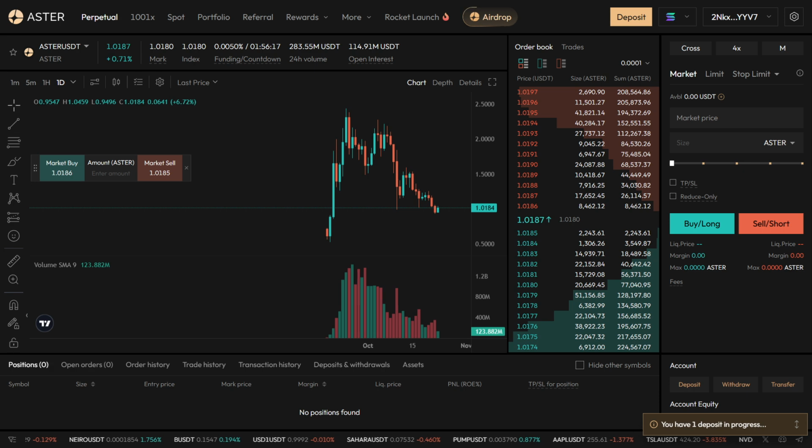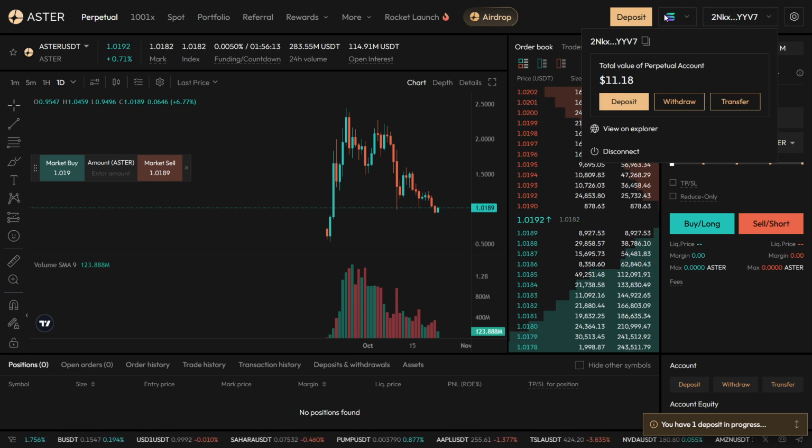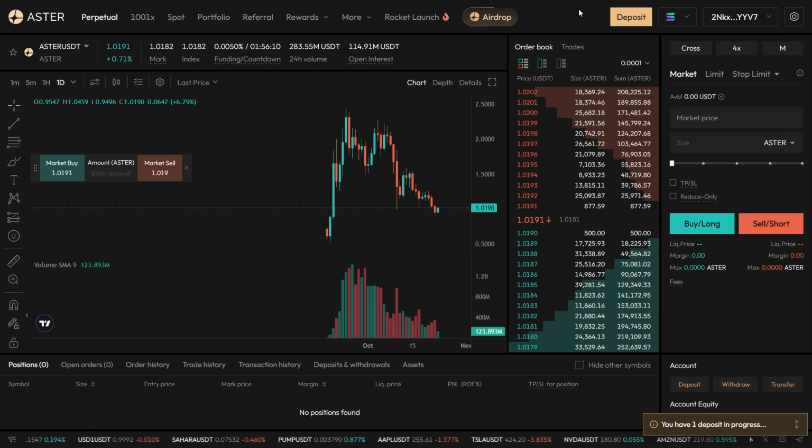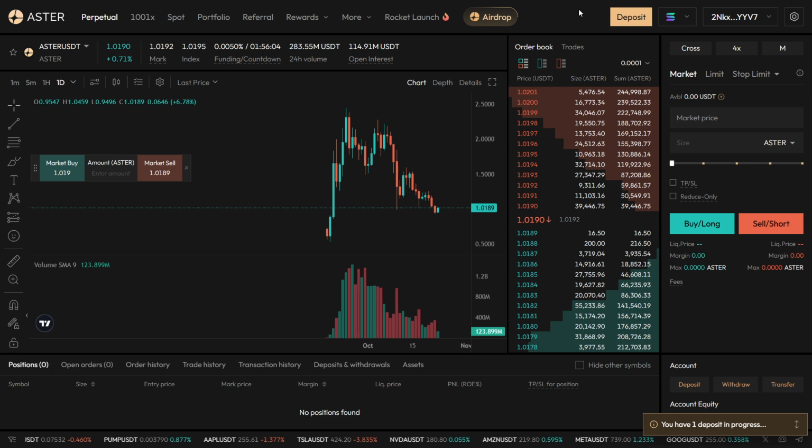So to buy Aster coin from AsterDEX, once you're on here, connect your wallet first. Just go up here and connect it. If you don't know how to do it, I have a separate tutorial on my channel on how to connect a wallet, so every single wallet you can connect onto Aster. So go watch that first, and after you do that,